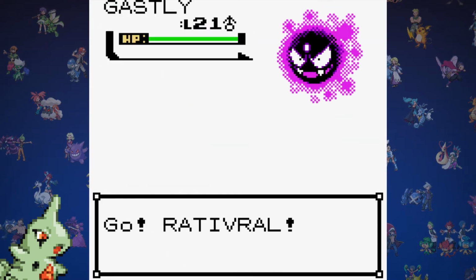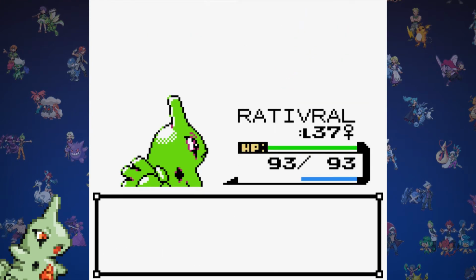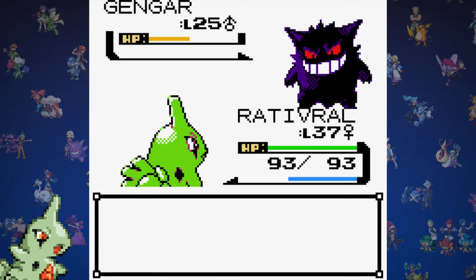Now we've beaten our rival in Burnt Tower, we can access the Mahogany Town Gym and attempt to win the Fog Badge. At level 37, we're able to take down his Ghastly and first Haunter with a single bite. Gengar is in next and misses Hypnosis, but we're unable to finish it with a single attack,